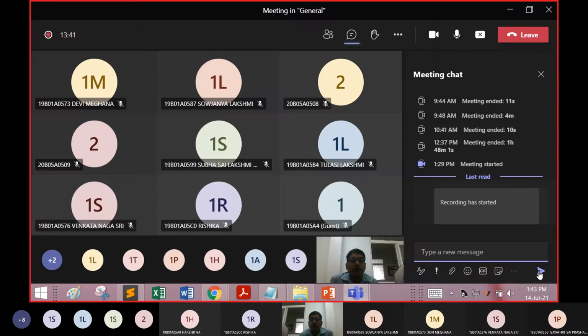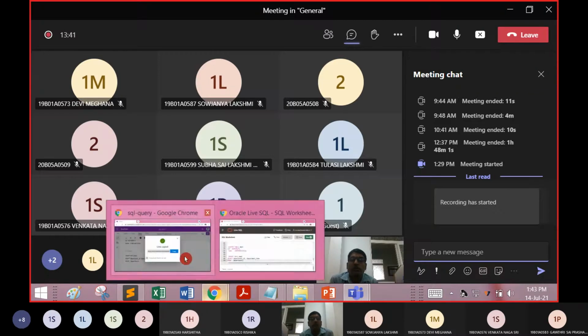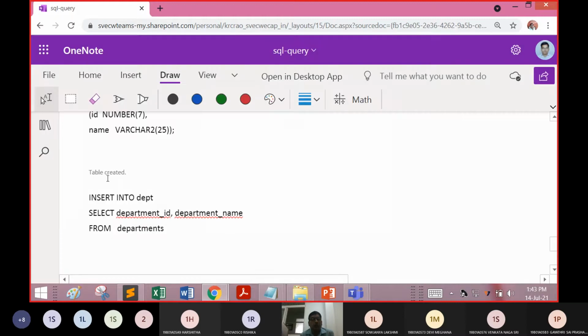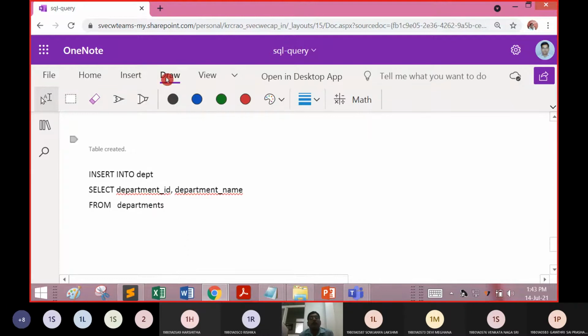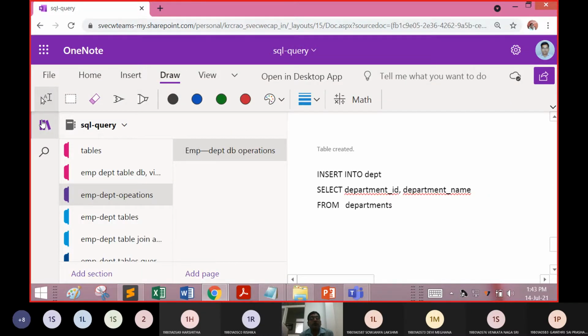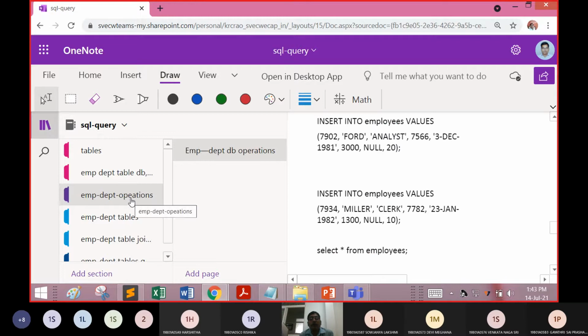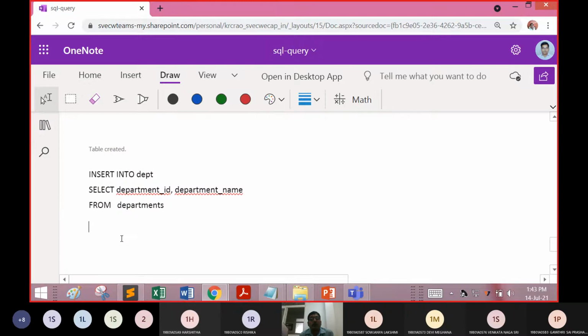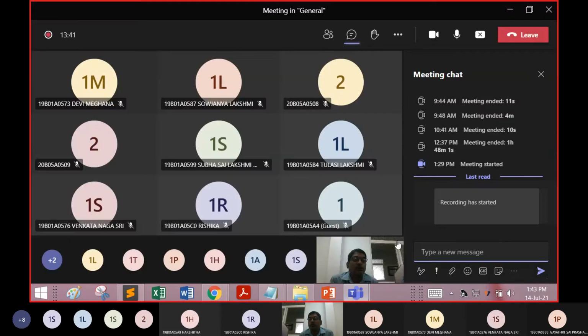So I have given the link in the chat box. This is the one notebook that we are maintaining for the DBMS laboratory. It will be totally in an interactive mode, and you can pick up from employee department operations for today, that is department employee operations.